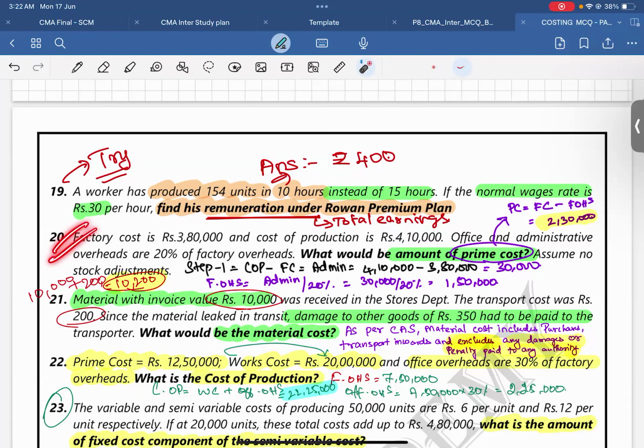You may get this sum because it seems to be easy. But if you don't have the logic of the cost sheet and you are just mugging up the cost sheet, you may try this answer differently, or it may be difficult for you to prepare. It will be time consuming for you. So make sure you are doing it better.